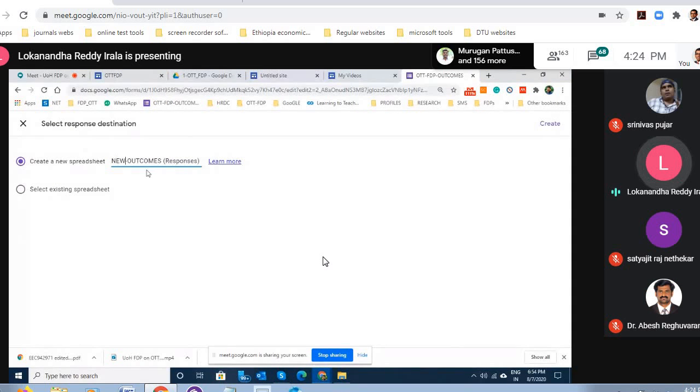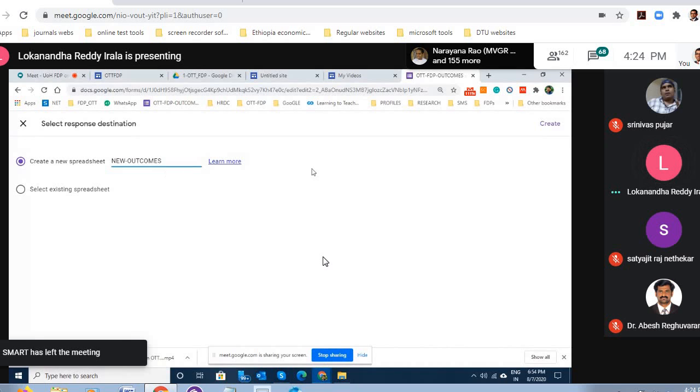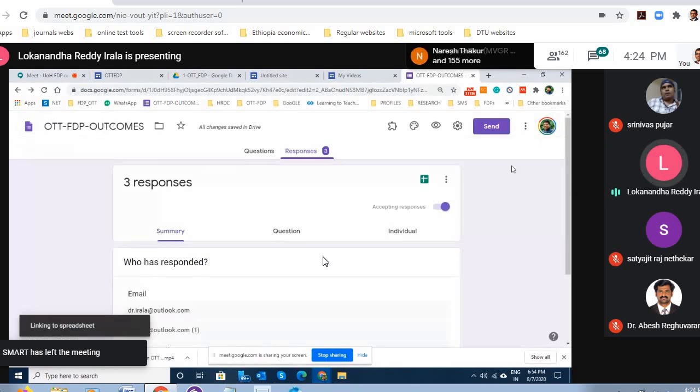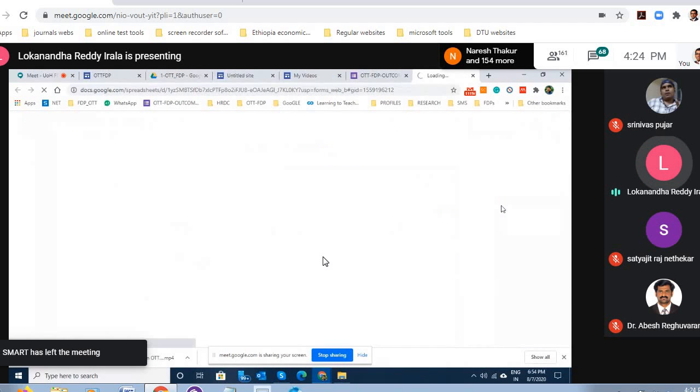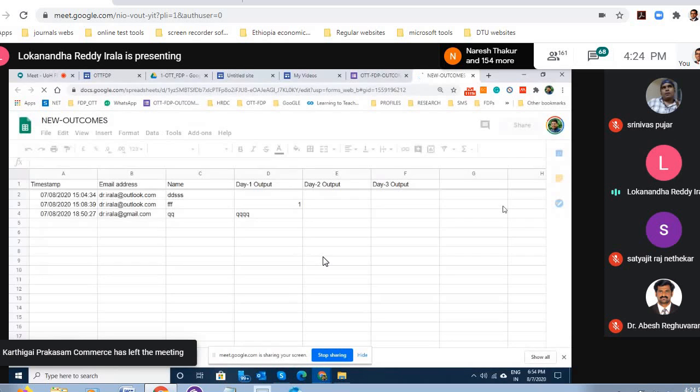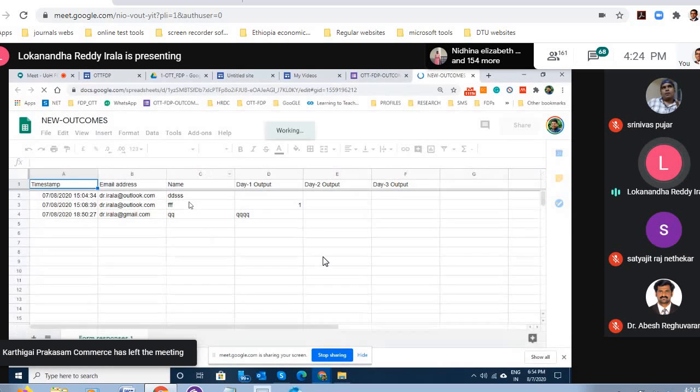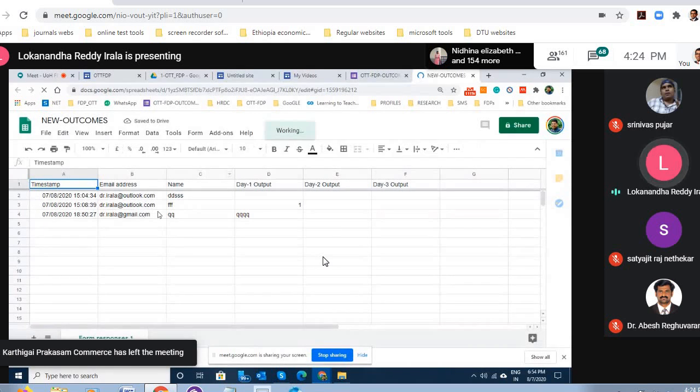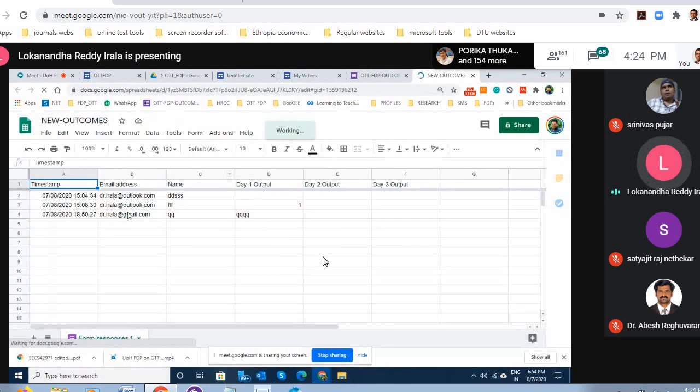I will teach you all this when we have a complete session on Google Forms. For the time being, I'm just demonstrating how this is getting inserted anywhere. So this is the page, how it looks like. See, these are my experiments that I did. So this is how it will look for people to see when they are actually able to see this.